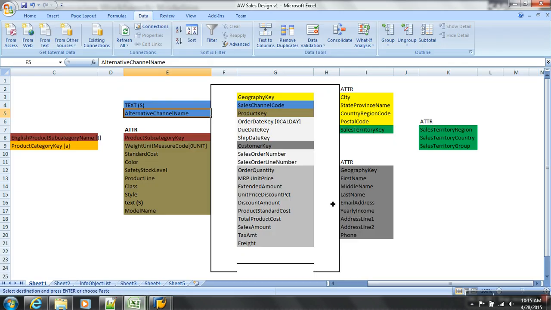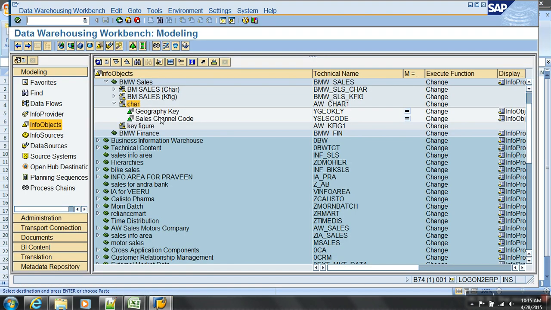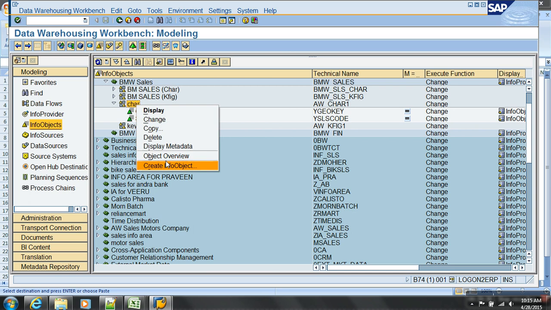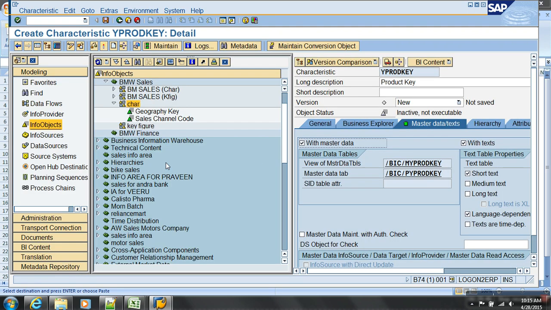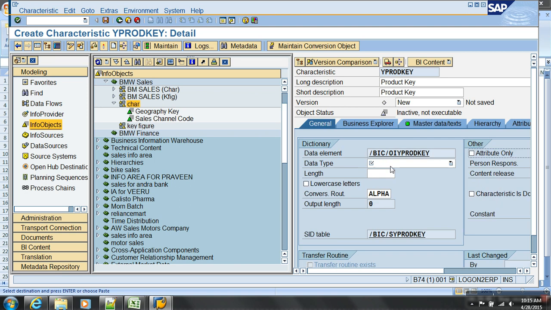Yeah. What is this? Product key. Now you actually want attribute and text both. Yeah. Y prod key. What is it?